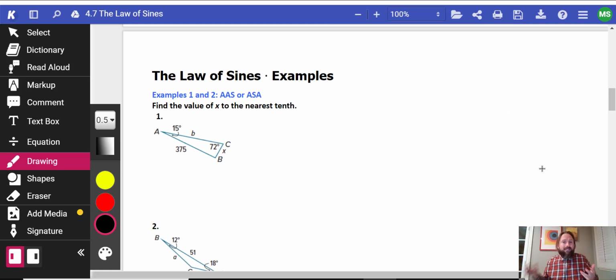So let's go over some examples of this. It's like, hey, find the value of x to the nearest tenth. Well, looking at this, we're like, all right, this is across from A. So I know that I'm going to use the sine of 15 degrees, that's A right here, divided by x